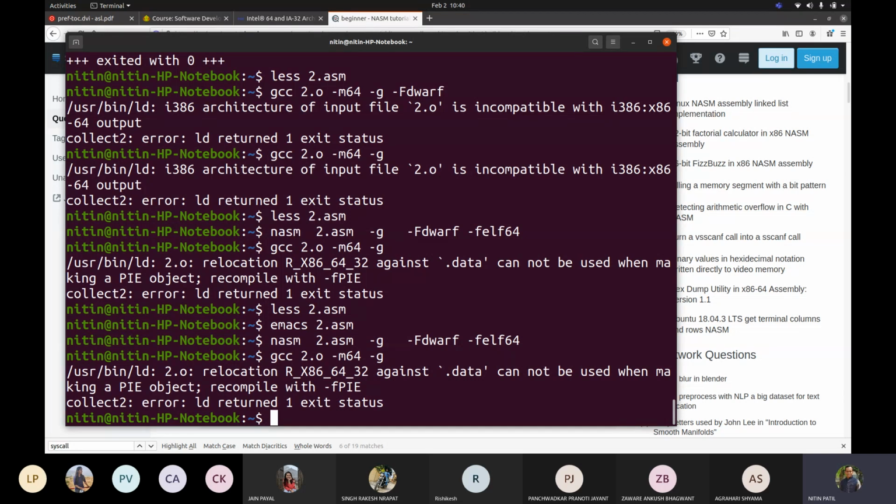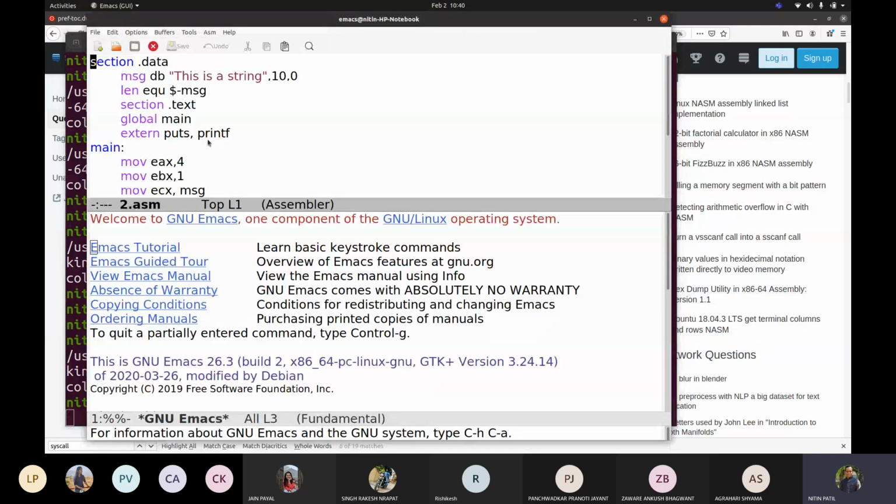The reason probably could be with respect to the relocation of the data element, because I am talking about PIC, position independent code, but my section .data is forcing me to do something else which was not expected to be done or handled by my code. Now how can I work with this part?